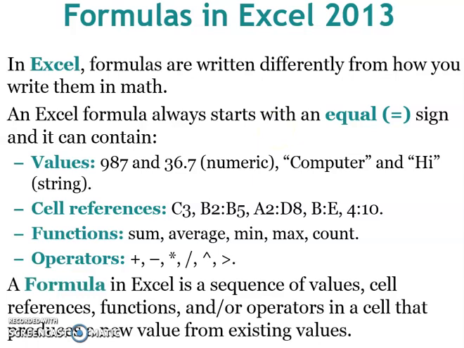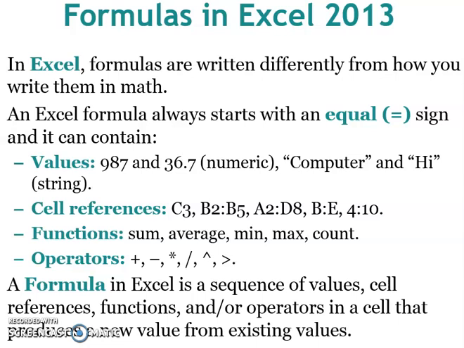Firstly, all the formulas written in Excel start with the equal sign. The equal sign shows that the formula begins here. This sign is shown on your formula bar. The values written in formulas are numerical values and string values. Numerical values means values using numbers, and string values means using alphabetic strings.